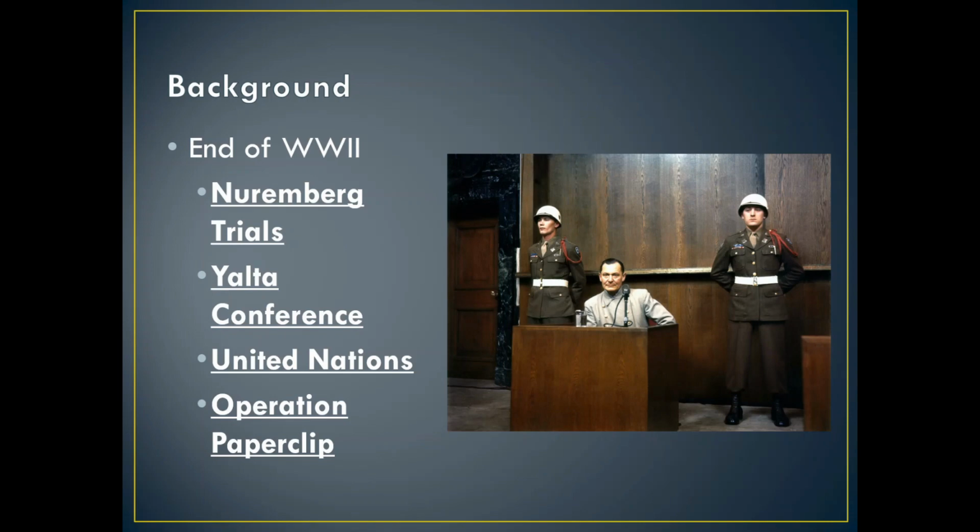So after World War II, we did have the Nuremberg trials. This is where Nazi war criminals were tried for crimes against humanity, starting a war, genocide, making war on civilians. This is the first time there was an international trial, so it's going to be like a stepping stone for international law. There was some hypocrisy in it because some of the Nazis were tried for crimes that didn't even exist in international law yet. Also, the Russians were one of the judges, and they did war crimes also. But the people that were convicted were pretty bad people.